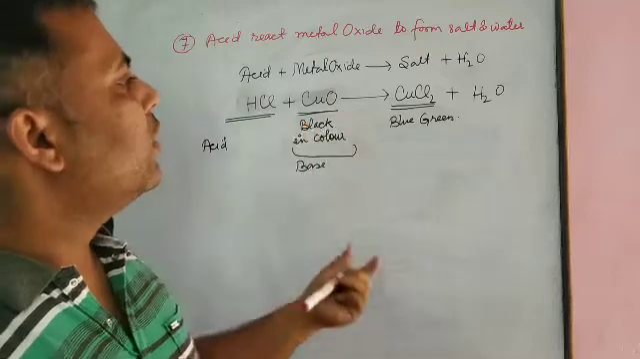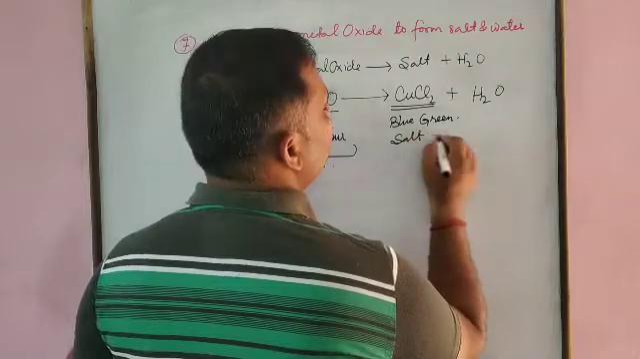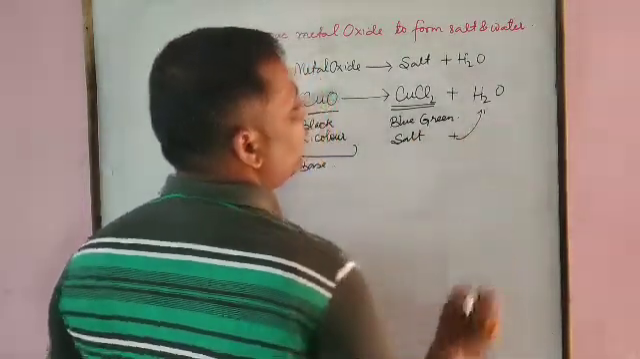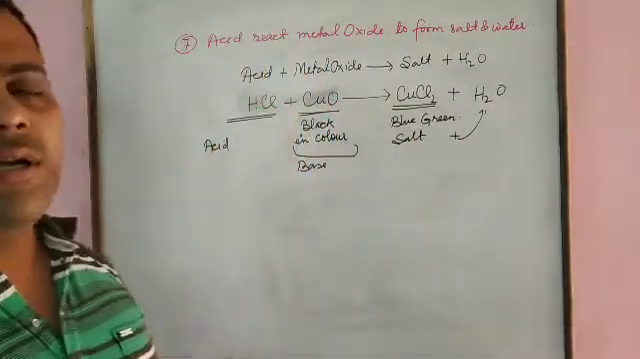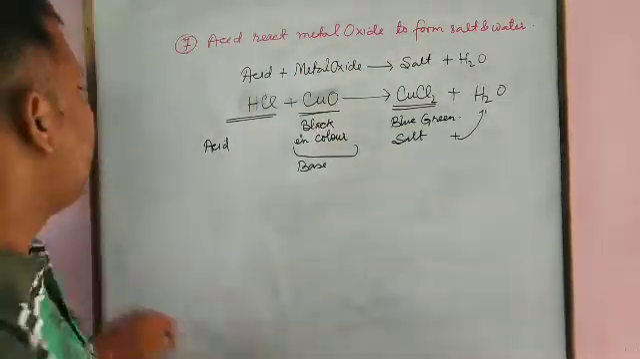When it reacts, it forms salt plus water. It means acid reacts with metal oxide to form salt and water. So next we will discuss